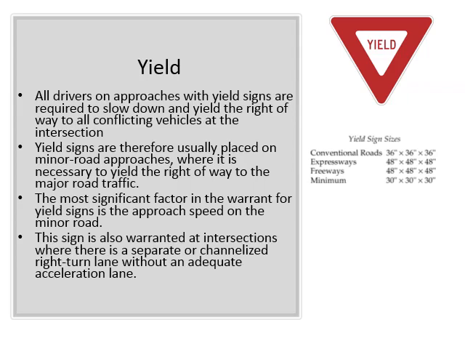So the guy from the minor road has to slow down, and it can also be given when you are making a right turn. So the driver who is making the right turn and coming onto another road, you can give him a yield sign, so he will slow down and he will only enter the main road if there is no vehicle coming from the other direction. And it is used when you do not have any acceleration lane for the right turning. I'll show you what it means later on.